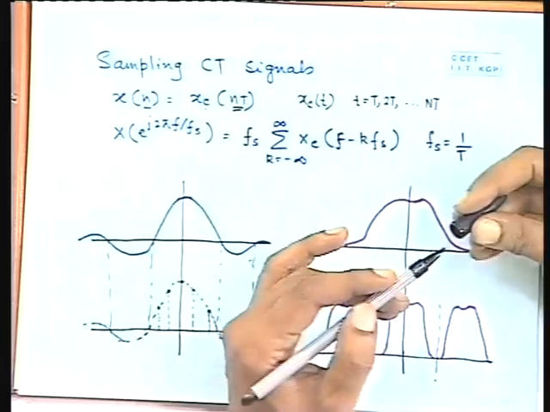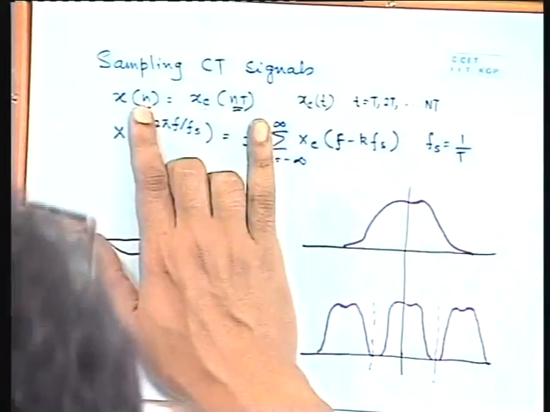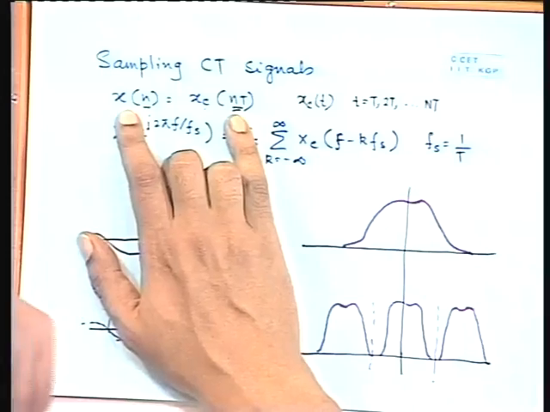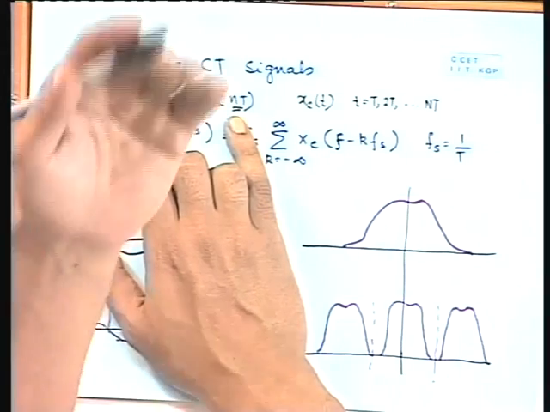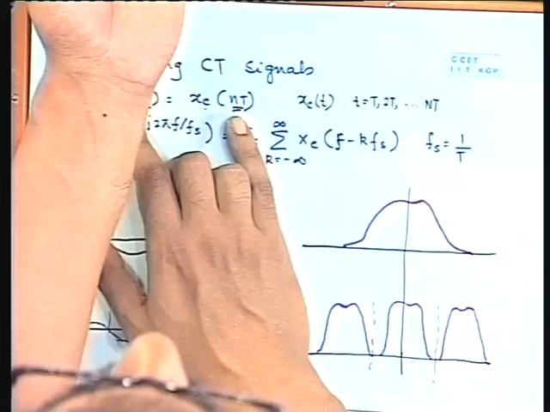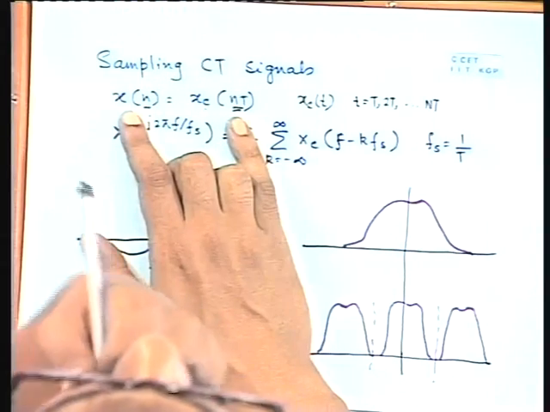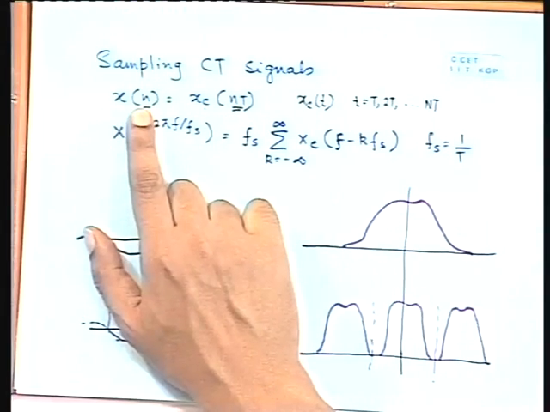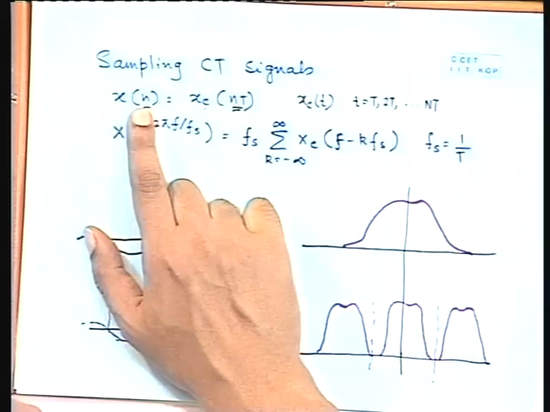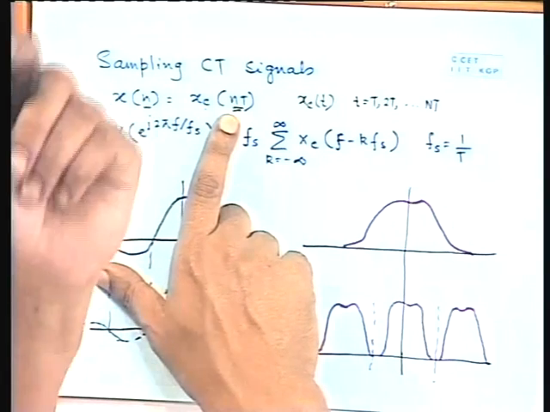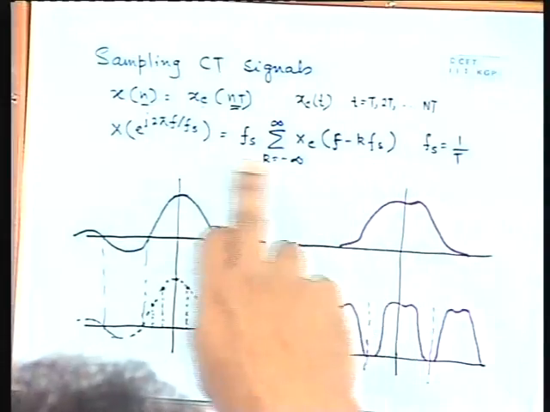Okay. Now this is how the discrete time signal sequence and the continuous time signal are related. A very valid question to ask is how are their transforms related, because we can easily construct a DFT of this discrete time sequence. We can also construct a Fourier transform of this continuous time signal. So how are those two related? That is a very important question to ask, and some of the most beautiful and profound results of signal theory relate to that. It is a very fundamental result.